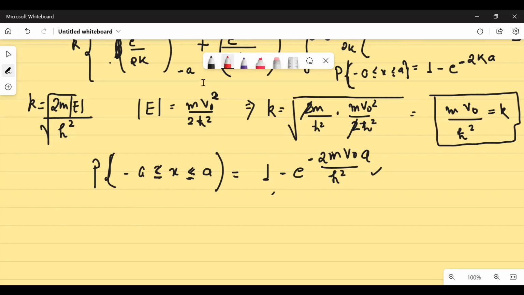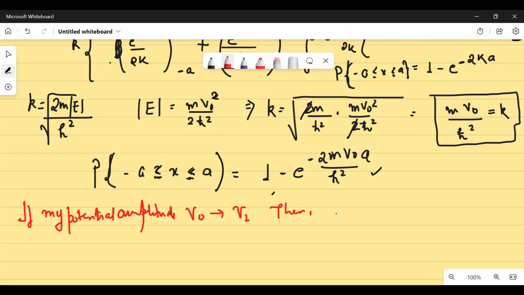Now, another question that may arise is if there is a sudden expansion. So for example, if my potential amplitude V naught changes suddenly from V naught to, let's say, V1, then the probability may change, because you can see that your probability depends upon this V. So the probability will change, or you can say the probability of finding the particle